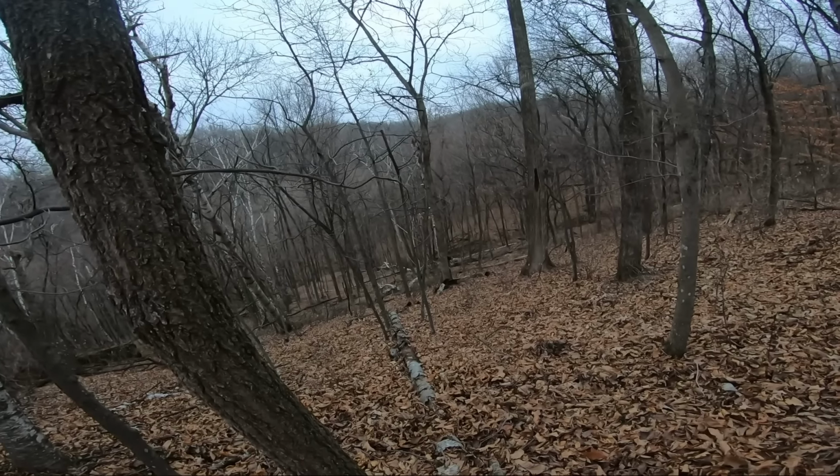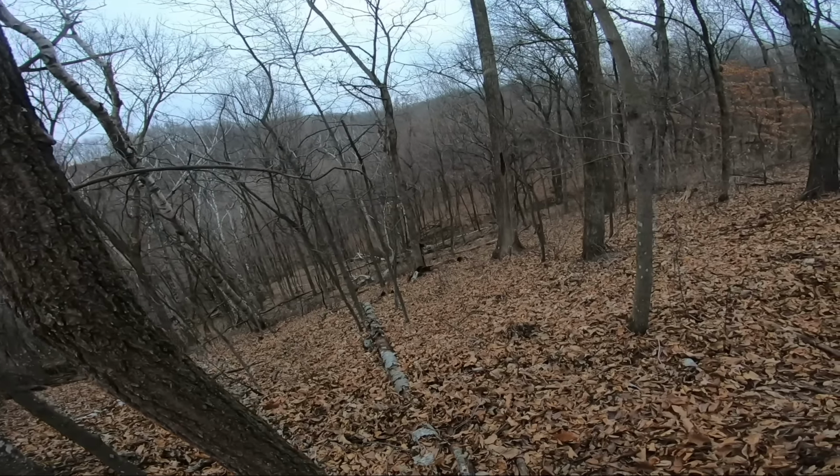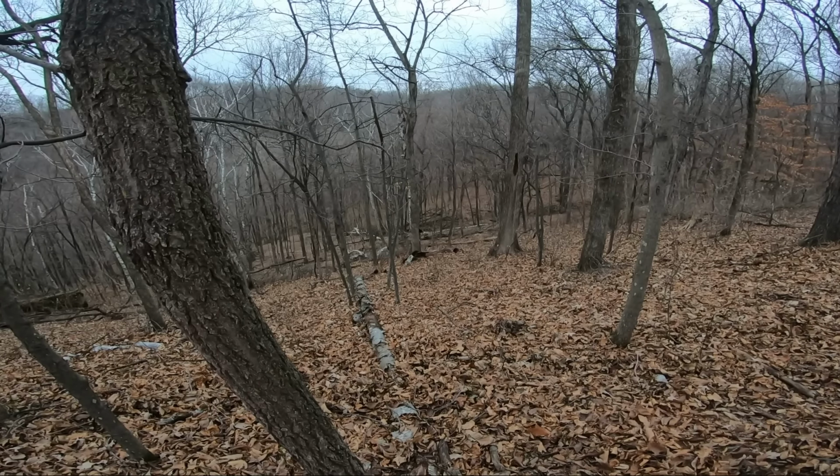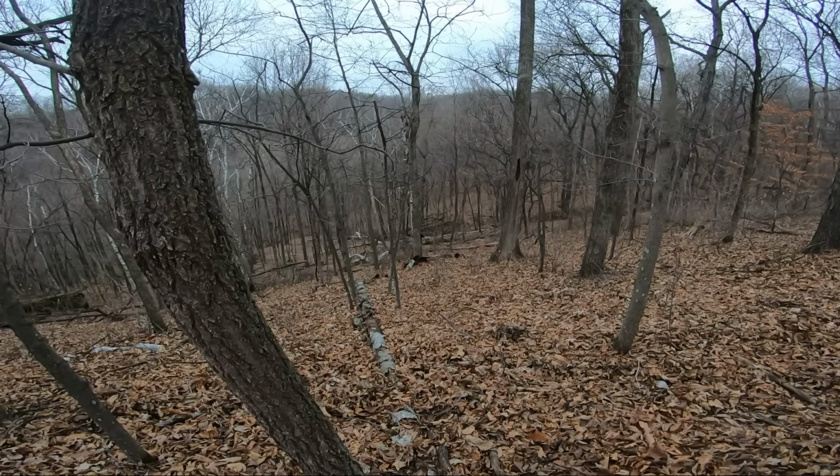It's a small buck though. That one I'm not gonna shoot. I'm not gonna shoot him. He's a basket rack, but he is wide and tall. He's a tall deer, but he's not